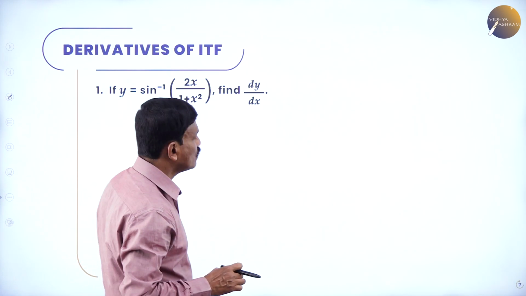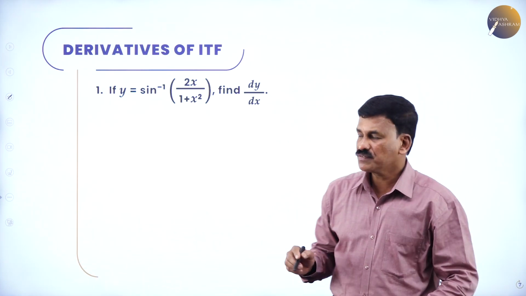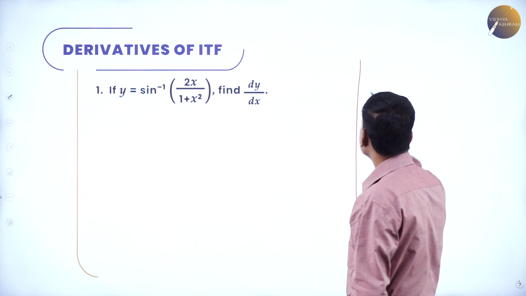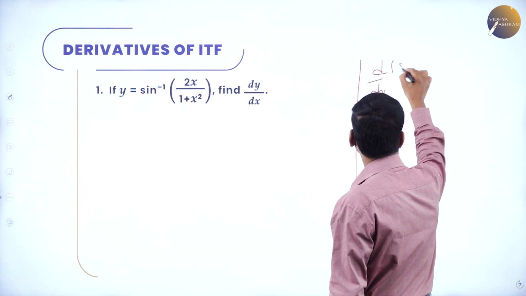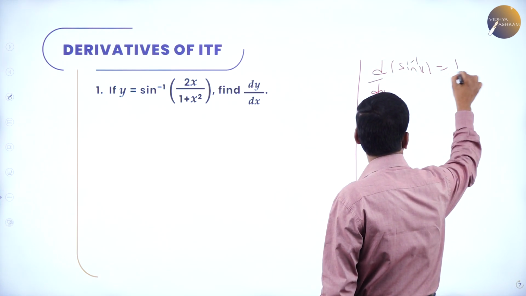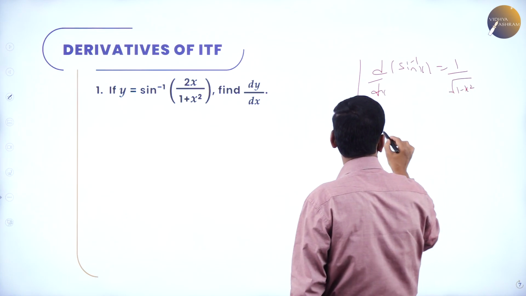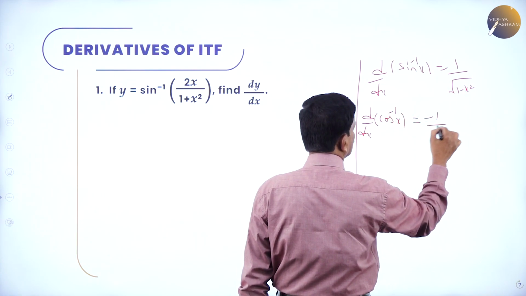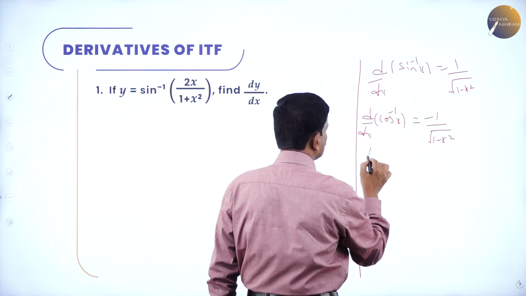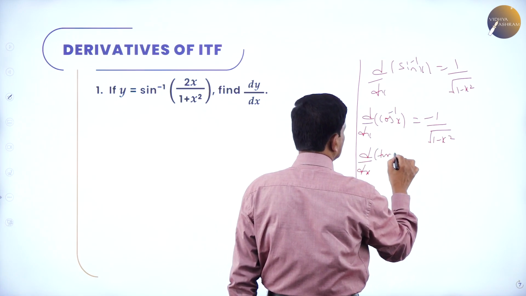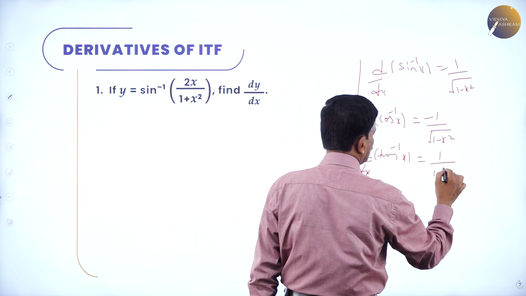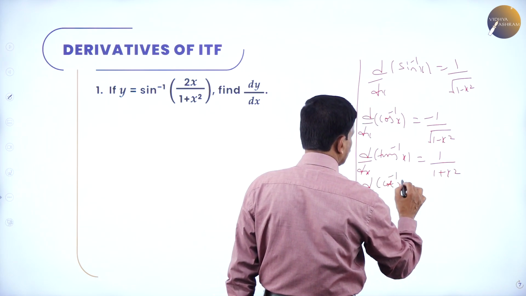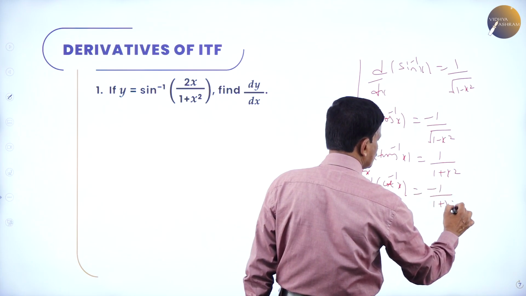Now, next, inverse function. So, here you know the list of inverse trigonometric functions. You might have studied derivatives of inverse trigonometric functions. We know, just recall this, d by dx of sine inverse x is equal to 1 by root of 1 minus x square. Similarly, d by dx of cos inverse x is equal to minus 1 by root of 1 minus x square, and d by dx of tan inverse of x is equal to 1 by 1 plus x square, and d by dx of cot inverse of x is equal to minus 1 by 1 plus x square,